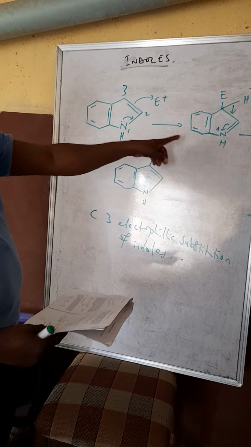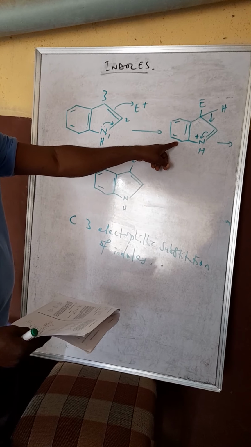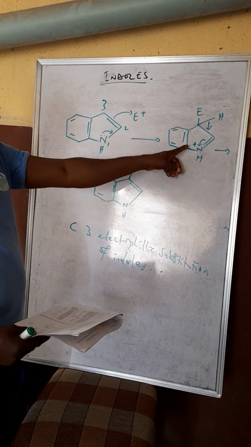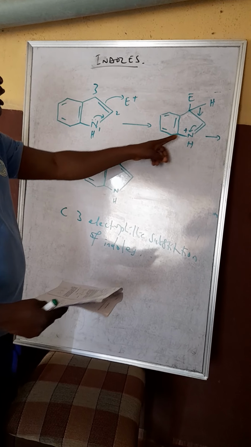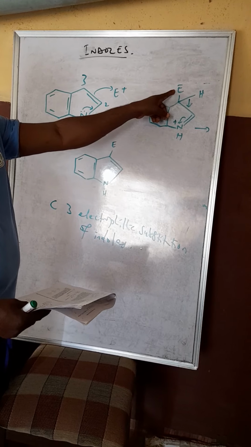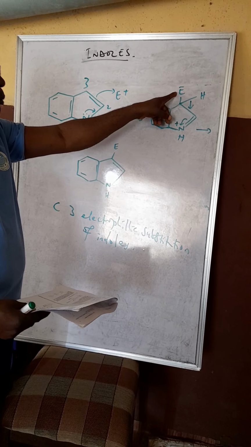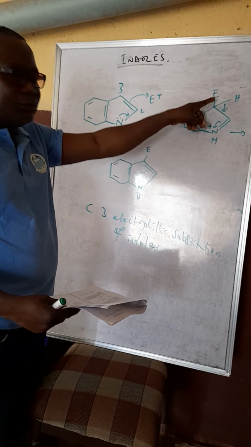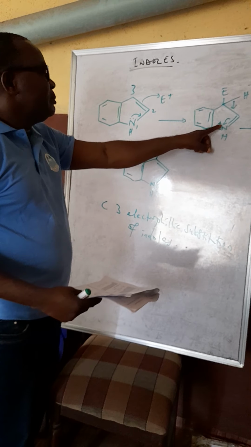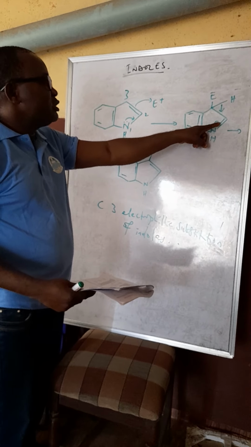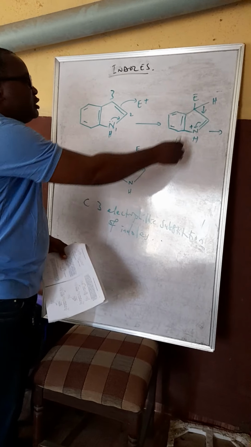So when an electrophile attacks, it forms an intermediate. The positive charge is imparted on this nitrogen because of the shift away of the electrons. So the electrophile is now forming a partial bond, like that. Now, to stabilize this molecule, this part is electron deficient. So this lone pair of electrons is delocalized back